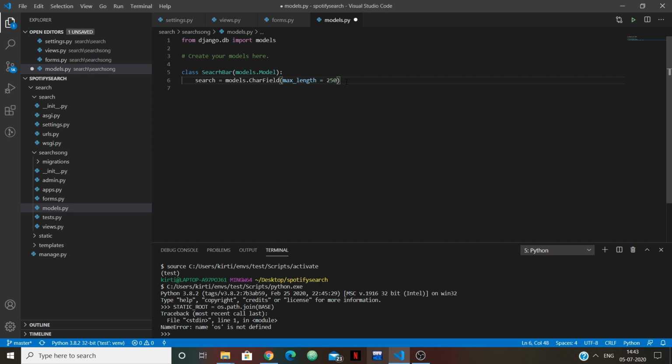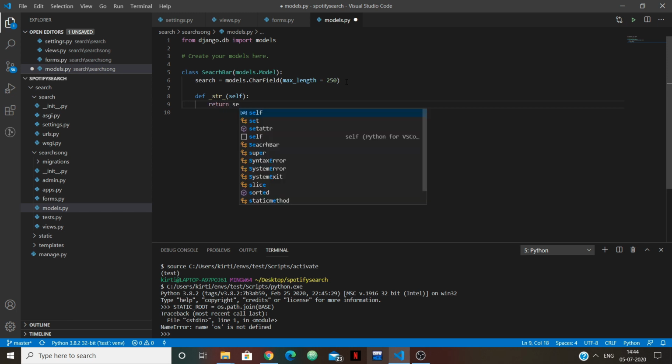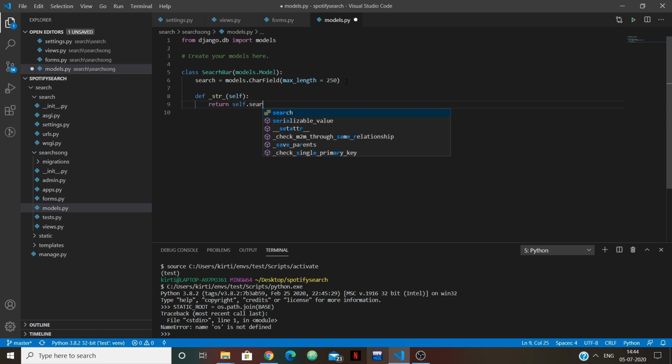so this field has been created. Now I will define simply a return function that will return whatever has been entered, so that I can use it in my views.py. So just type return self.search. Okay,